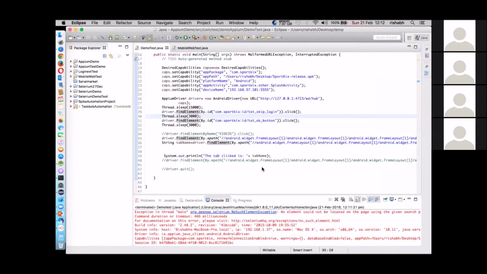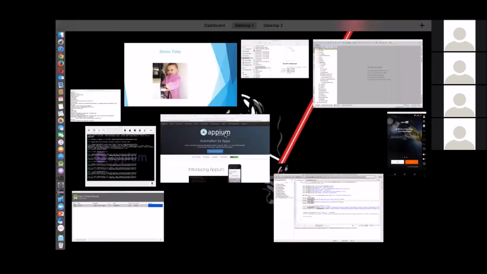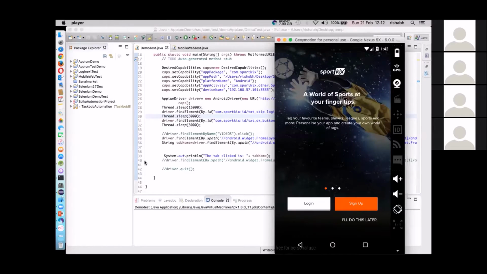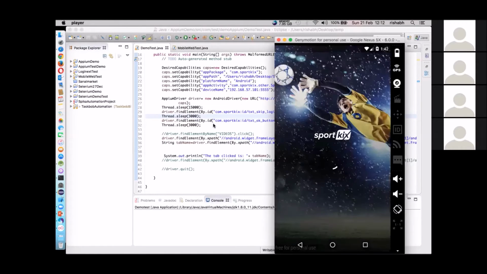So once I get success from Appium server, I will try to restart it. And if you see these find element by ID, find element by XPath, and all these things, these are the same which you have used on Selenium.